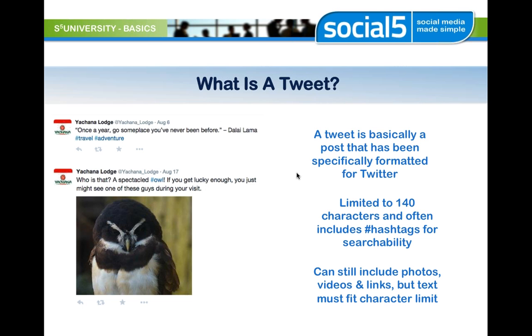Now, if you have a really long URL that you want to link to, one thing that you can do is you can go to a URL shortening service like Bitly or, what are the other ones' names? TinyURL, things like that. If you Googled URL shortener, you would find something. We have our own URL shortener here at Social5 in-house that takes care of that on the posts that we do for you. But if you're going to tweet on your own, you may need to use something like that if you've got a long URL and it doesn't give you enough space for what you wanted to tweet.